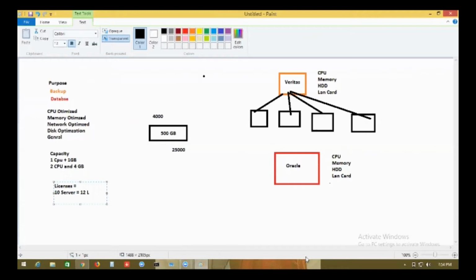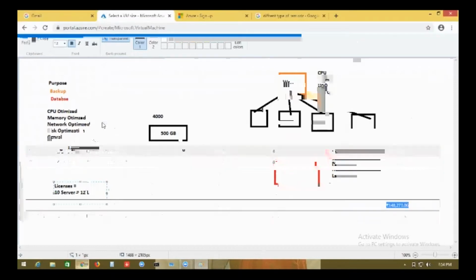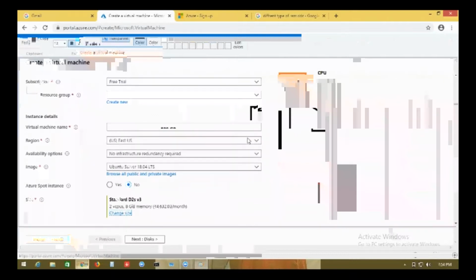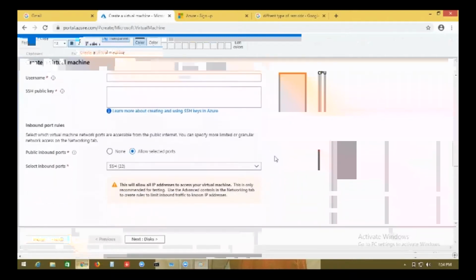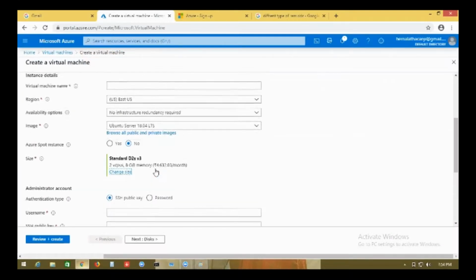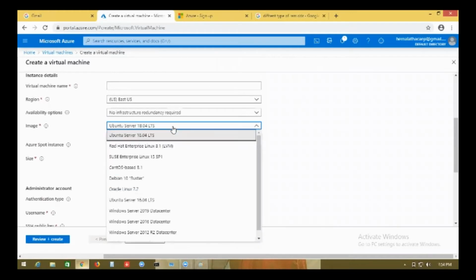Then sometimes the customer says, why should I pay you 12 lakhs? I already invested the money. So Microsoft says, don't worry, if you already have a license, you declare that you already have a license, and I am going to give you a discount. So let's say I am going to select a Windows Server, Windows Server 2016.